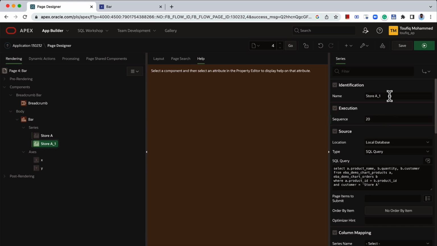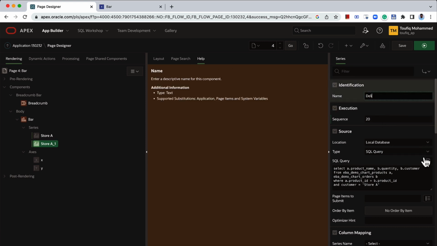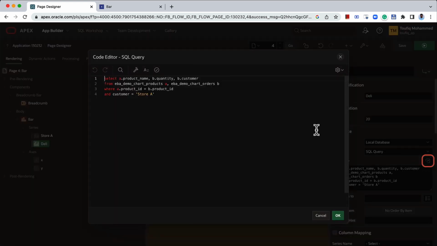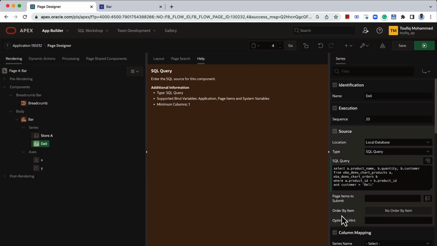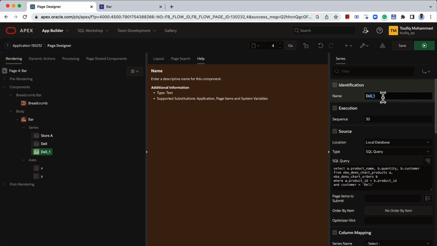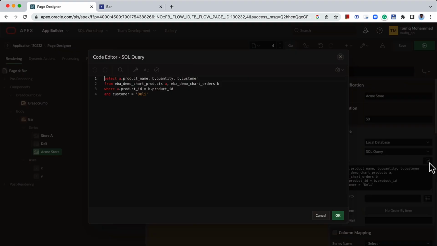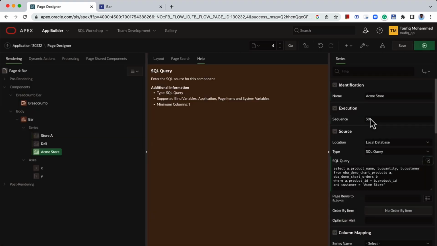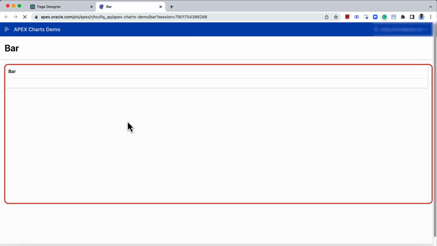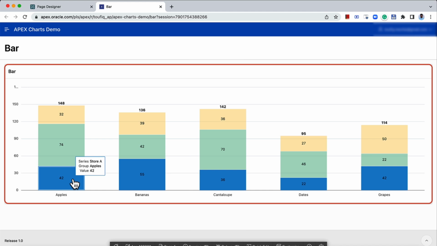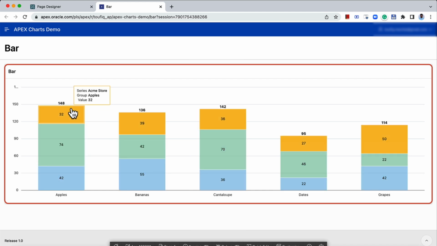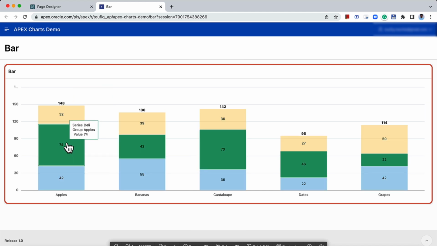I'm going to create similar series, and one more. Now, with this bar chart, I only want to stack store A and Acme store together and not stack Delhi, for